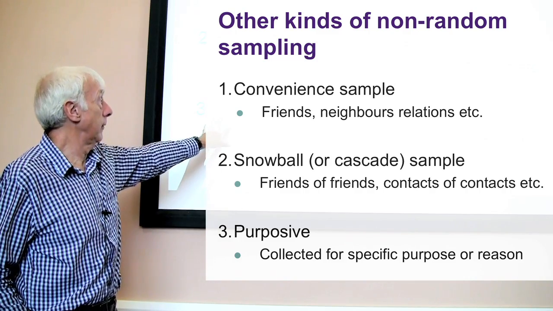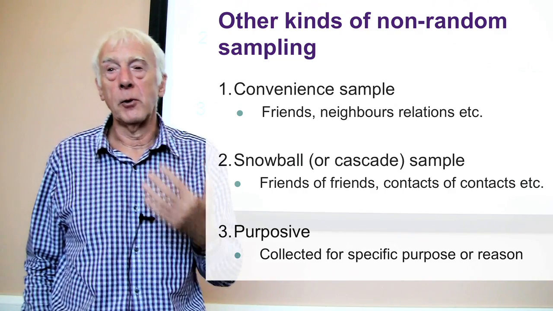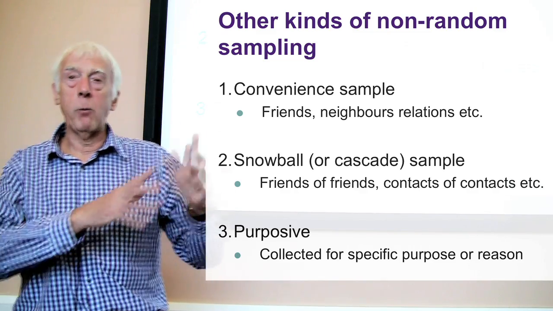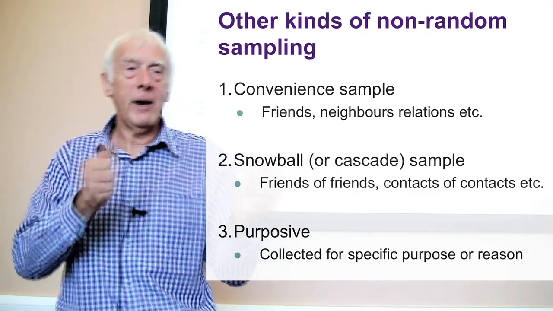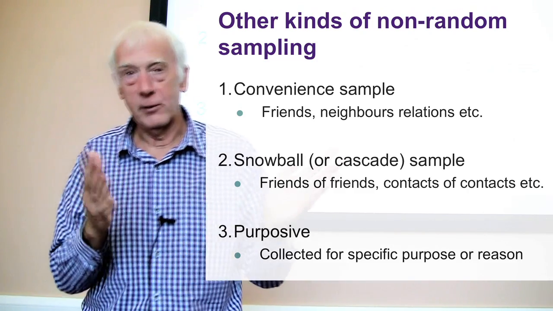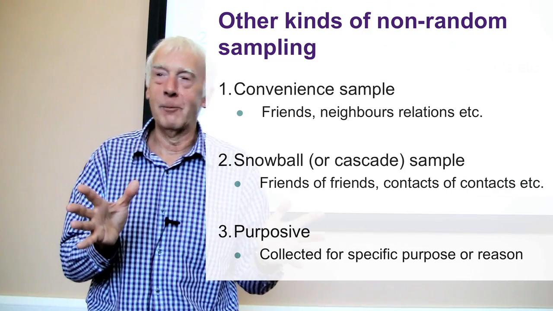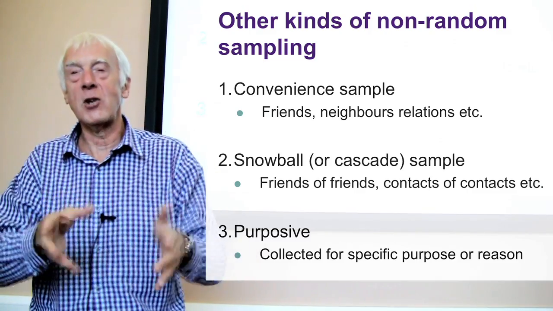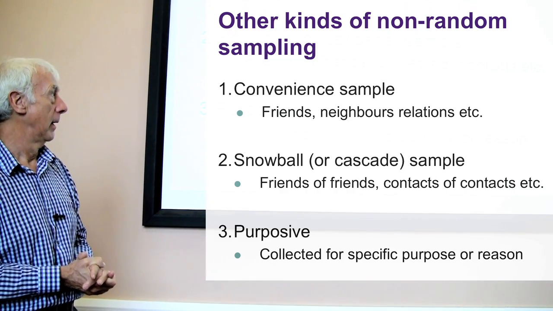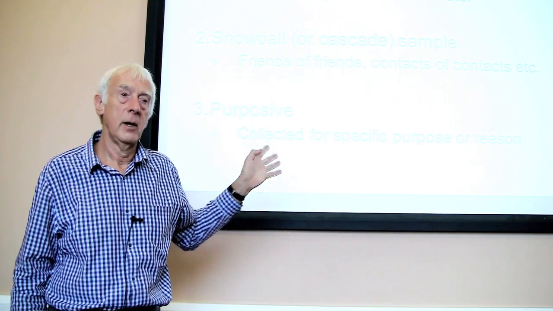And the last kind, purposive, sometimes called theoretical sampling as well, where you're collecting certain kinds of people because your theory suggests it's important to get those differences. I want to make sure I get both people with one leg and people with two legs, because my research shows that one-legged people act quite differently to two-legged people when they're talking about, I don't know, their choice of music. I've just made that up, by the way. But that's the kind of way that theoretical sampling works. It says our theory suggests these differences, so we make sure we get these kinds of people. Purposive sampling, theoretical sampling. These are quite commonly used in qualitative work where it's not even possible to use the random techniques.